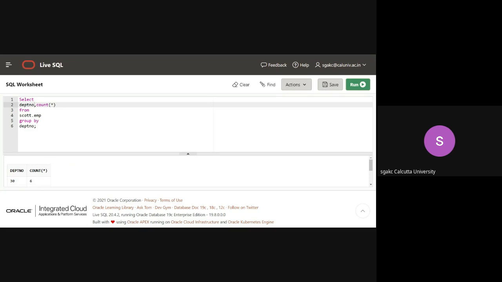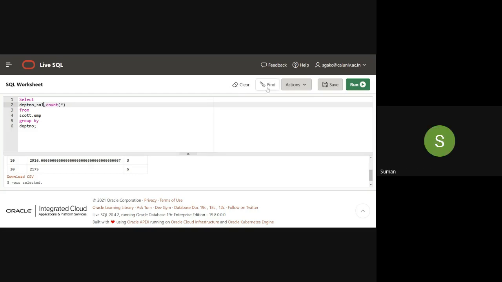So I can always use something like this. Let's say there was a column like salary. I can use something like average salary. What will it give? It will give a department-wise average salary. But if I don't use average salary and use salary, what will happen?